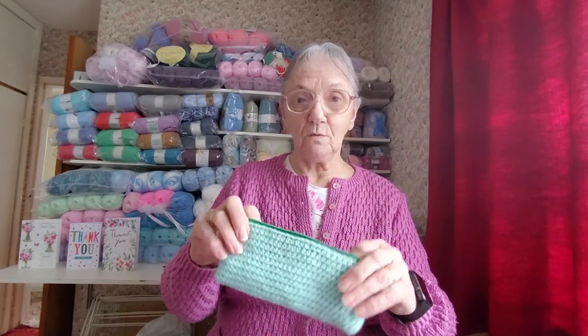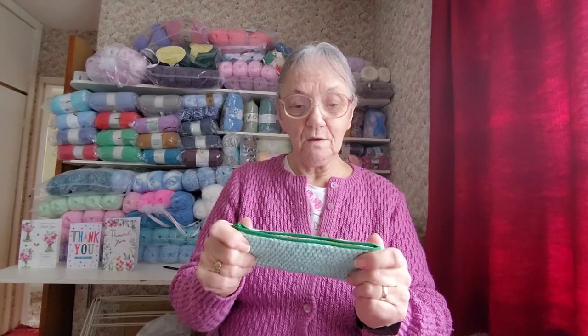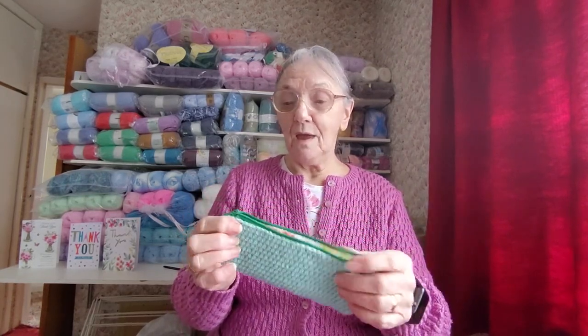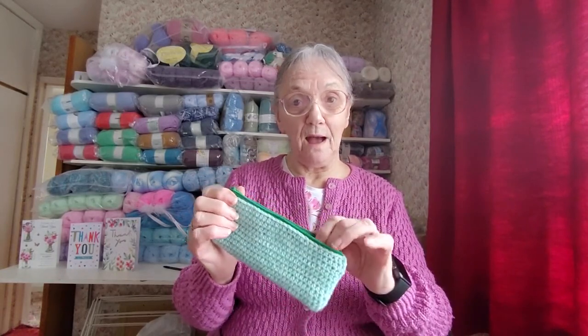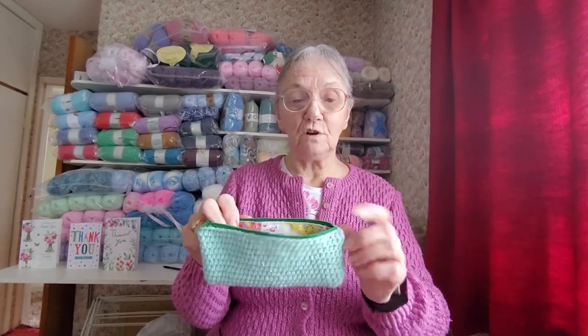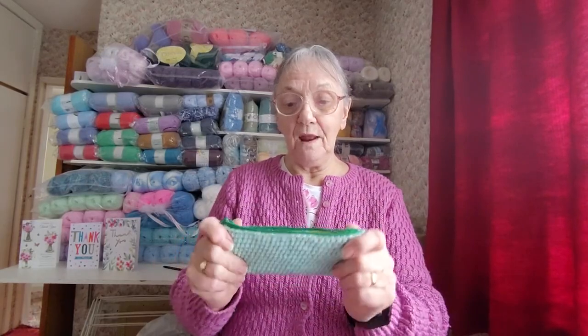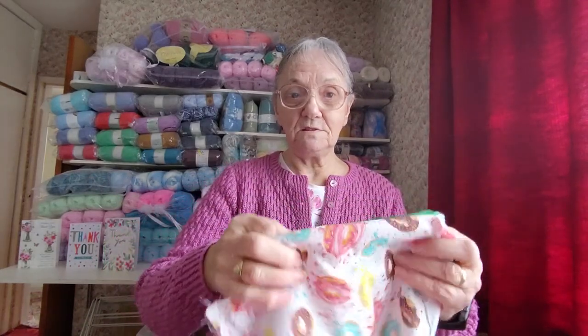And this being a shorter one, I thought, surely there's an easier way. So what I did with this one is I crocheted the bag, and then I put the zip into the crocheted bag. I left a long length of yarn after I finished it off and just stitched all the way around, stitched the zip on, and then I put that down on the material like this,